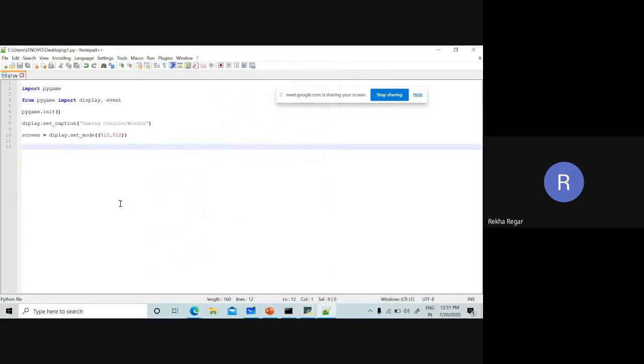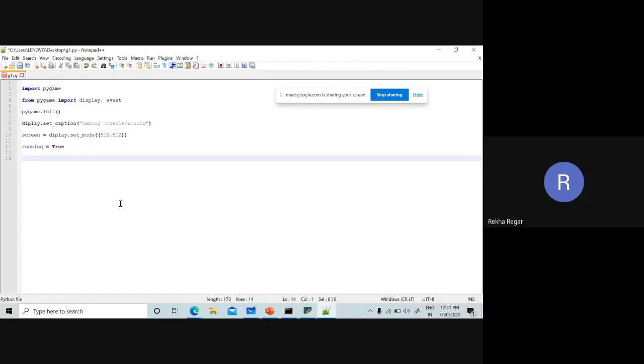For that, we take another variable, simply called running. Initially, the value we take is true. It means unless we close it, it must be running.